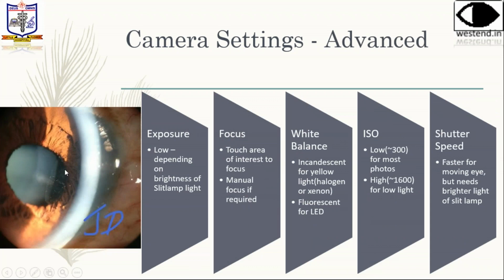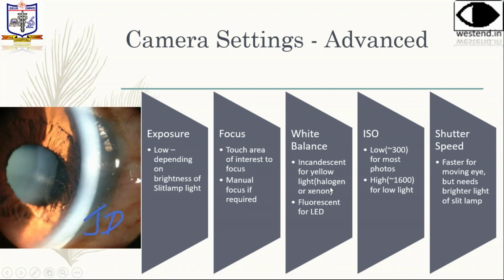So here you can see vitreous coming out of the pupillary margin. These are the things where you need to adjust your settings carefully. You have to make a slit, and if you wanted to see the cornea, you had to touch the cornea on the screen and adjust the focus and exposure there. But here the object of interest is the vitreous, so you need to touch to focus there and adjust everything for that. So then exposure, focus, white balance.